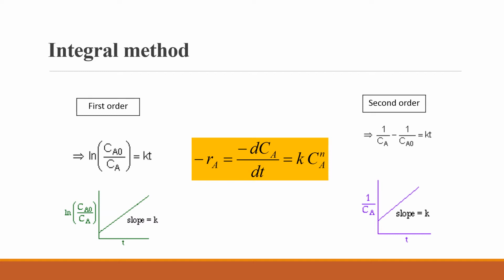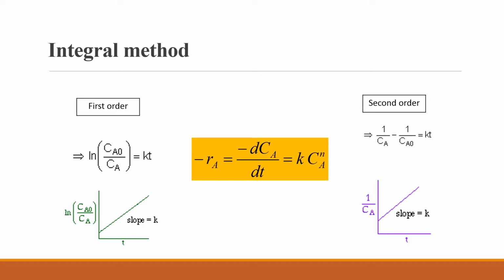Next, if we assume second order, then this is the integrated form of rate equation: 1 by CA minus 1 by CA0 equal to k into t. In order to fit our kinetic data in this equation, plot 1 by CA versus t. From the straight line, get slope. This is how integral method is performed to analyze the kinetic data in order to get rate constant k and